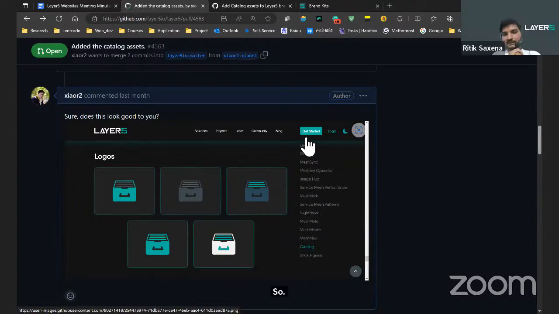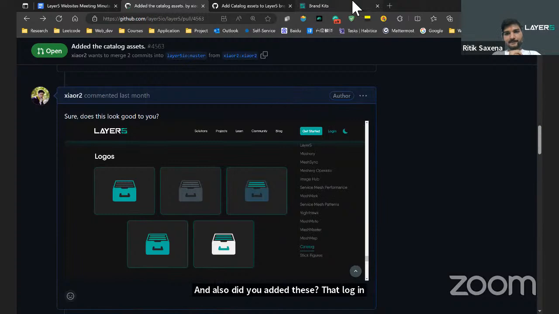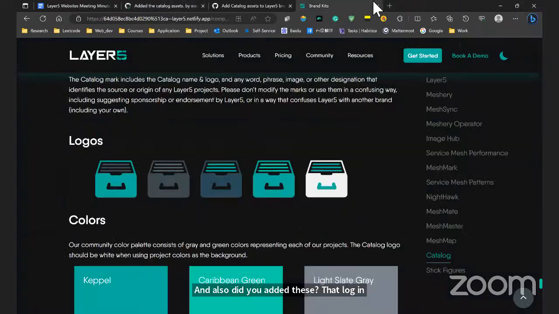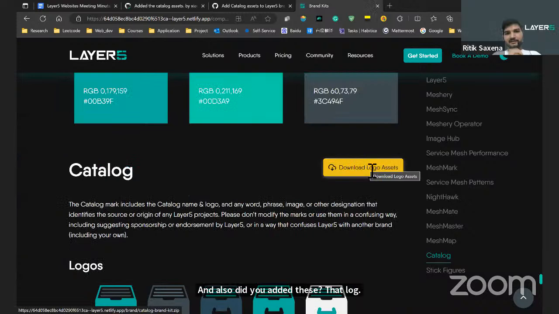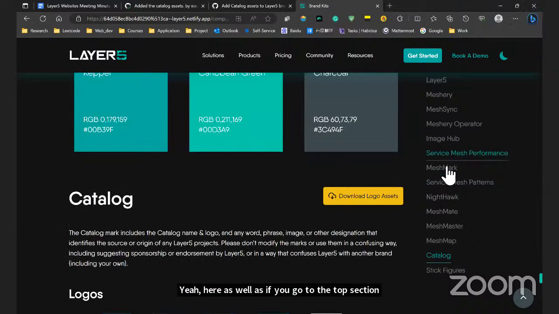And also, did you add these catalog images inside the brand kit as well? You mean the link? Yeah, here, if you go to the top section of the page.